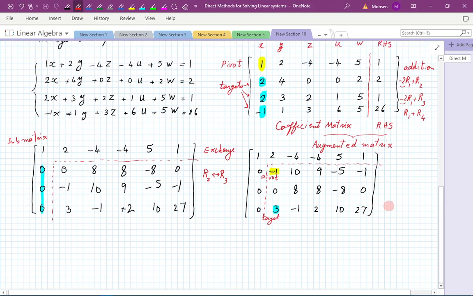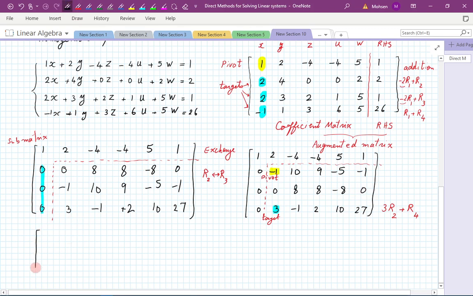Again, let me ask you, what should I write here? This is a command. This command is acting on this matrix, and out comes the next entry. What should I write here for my next operation? So if you said 3 times what? 3 times R, what is my subscript here? This is of course R2. So R2 refers to our current R2, not the original one. So whatever the current set of numbers is called R2. And we are taking that and adding to R4. Again, there was nothing for this one to do. We are doing another addition operation. Out comes